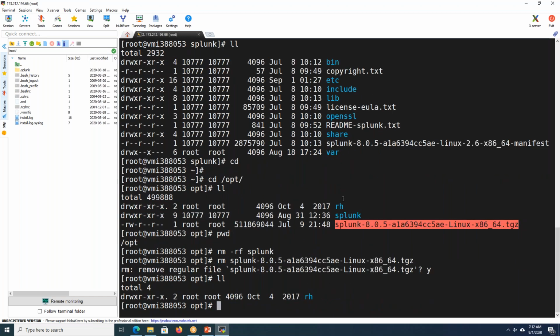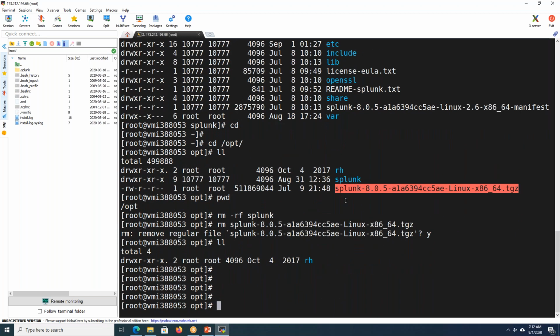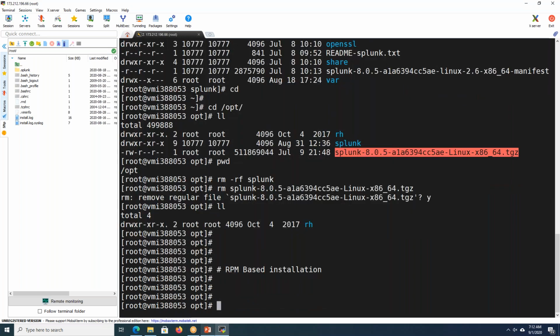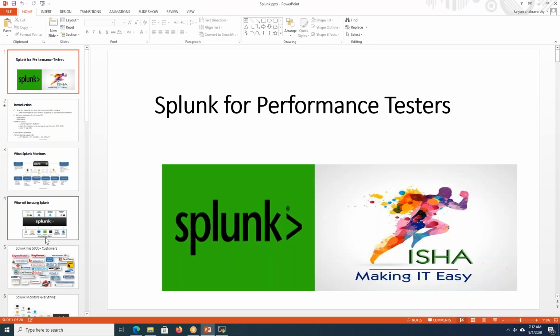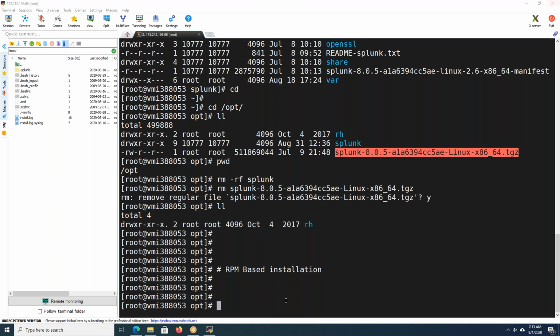Now we'll be installing through tar based or through RPM based installation. So for that, just a second.